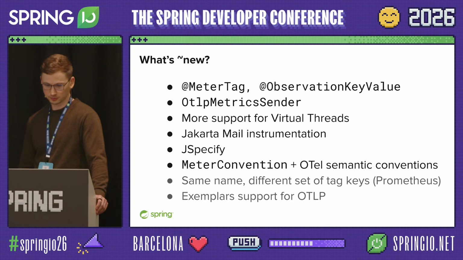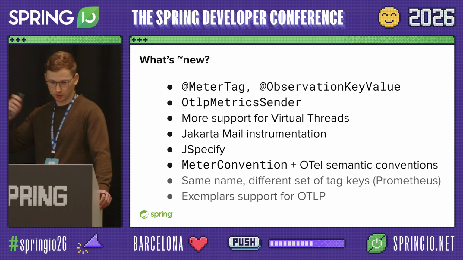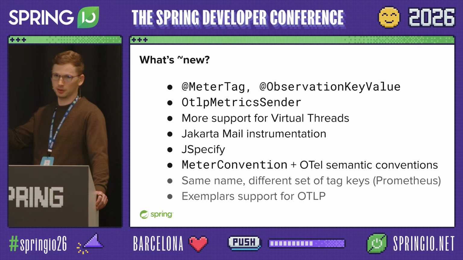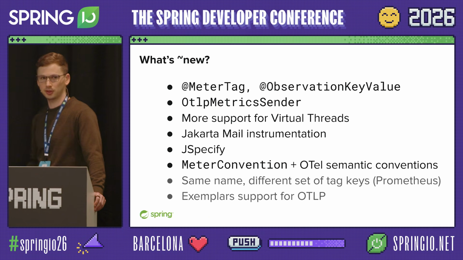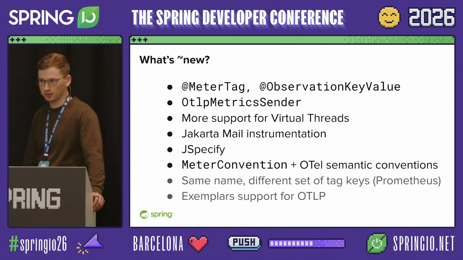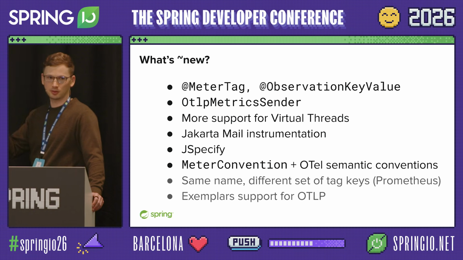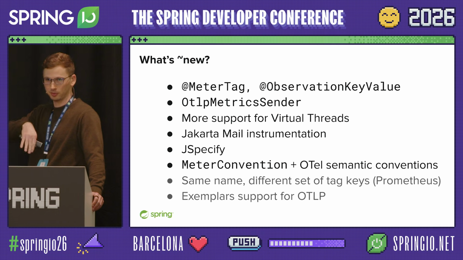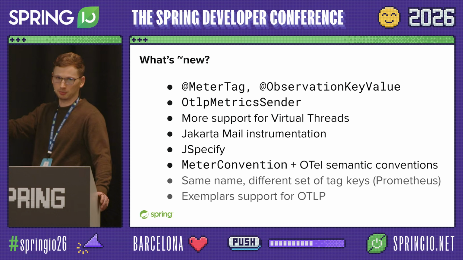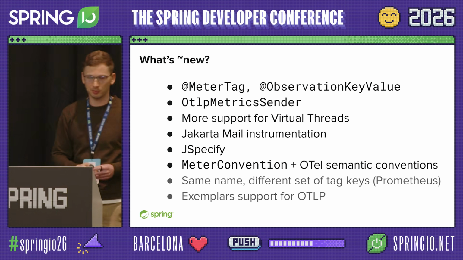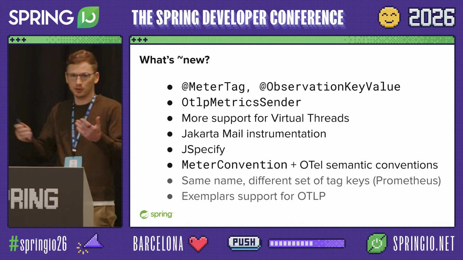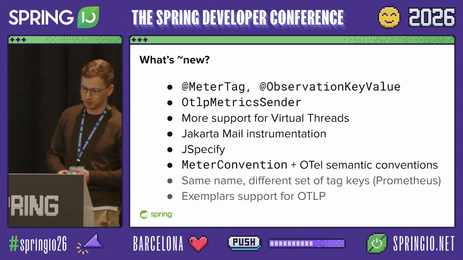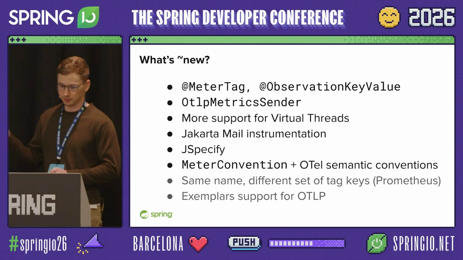Yeah, basically next month. So I just showed the @ObservationKeyValue annotation. That is relatively new, analogous to the @MeterTag if you're using the @Timed annotation. We added an OTLP metrics sender abstraction. Previously we provided an implementation of how OTLP metrics were sent from the OTLP meter registry to the backend. And now we've made an abstraction so that you could provide your own OTLP metrics sender if you want to use a different HTTP client, or if you don't even want to use HTTP at all, you could use gRPC. It allows you that flexibility to implement it how you want. We added some additional metrics for virtual threads,